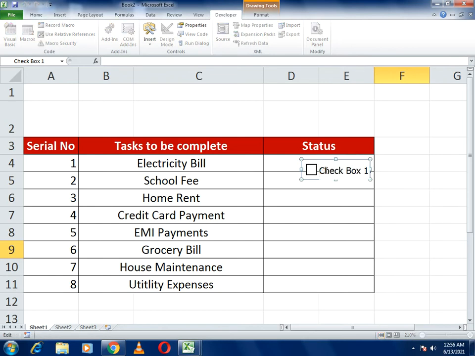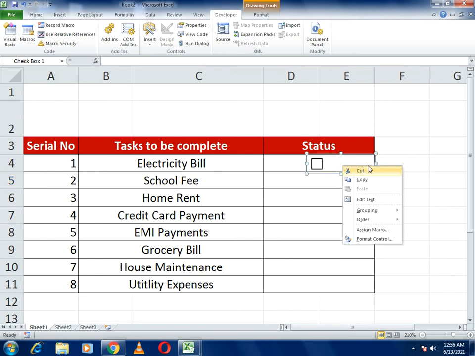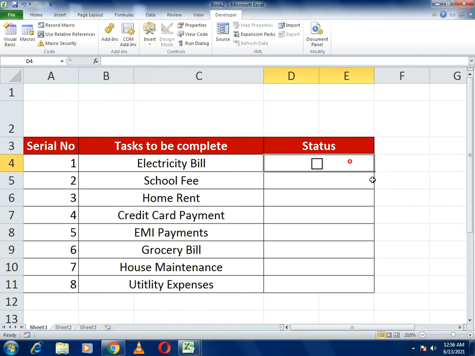But in that you have to first erase the elements written here, and now you have to place it on the right place so that it will be more presentable. Now you just need to drag it down, so you can see here all the boxes are also written here.